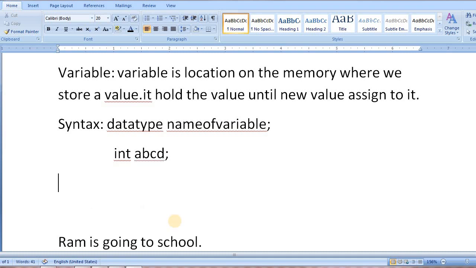Next is how to initialize the variable. Means syntax to declare and initialize. How to declare the variable is clear. And for initialization of the variable, the syntax is data type, name of the variable, equal to value. According to the syntax our statement is data type, name of the variable, equal to 20. Clear? Means according to the sentence we write the statement here. Now our next thing is the data type.